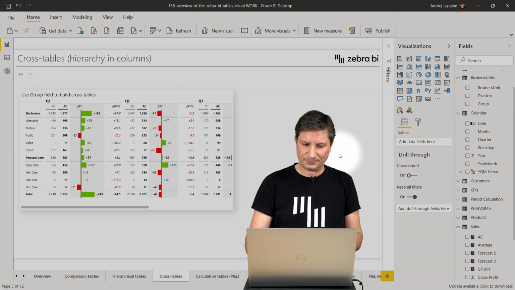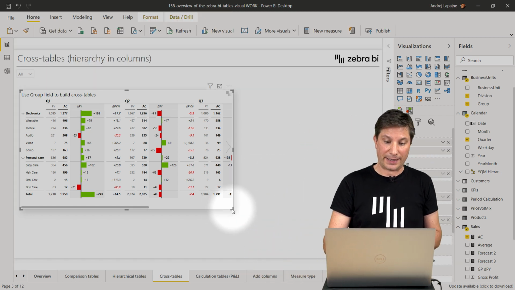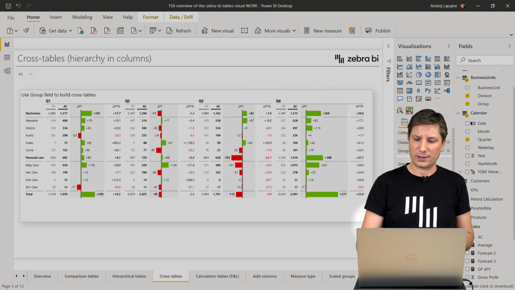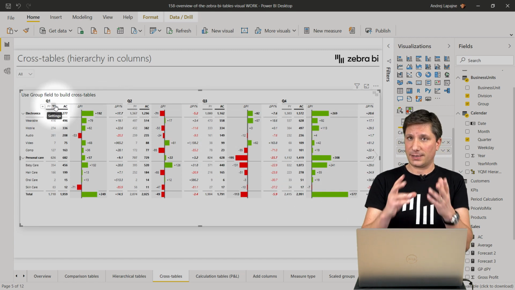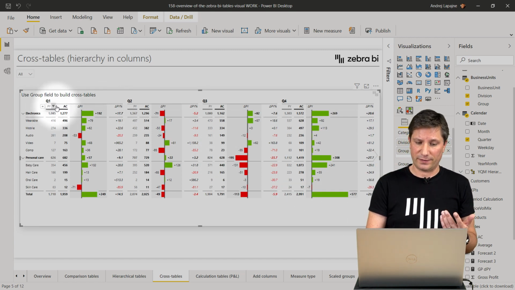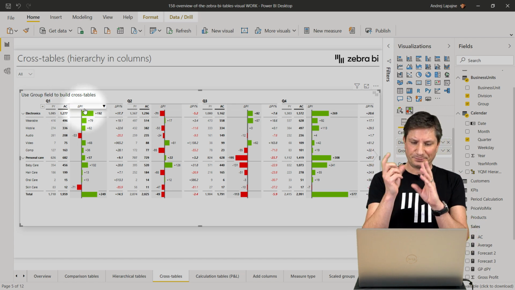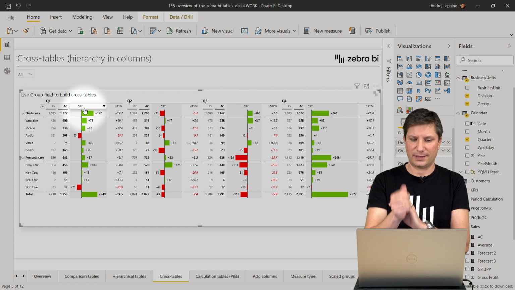Once I do that, you see that in my column structure, I now have all the quarters, so 4 quarters, and for each quarter I have the comparison that I have made before, so previous year versus actual, and the variance to previous year. Now,